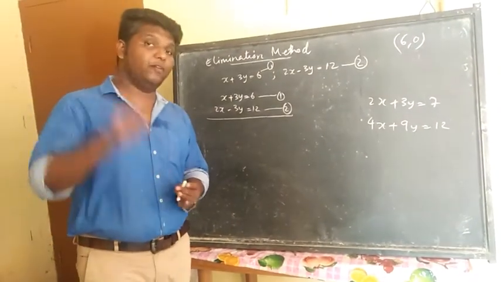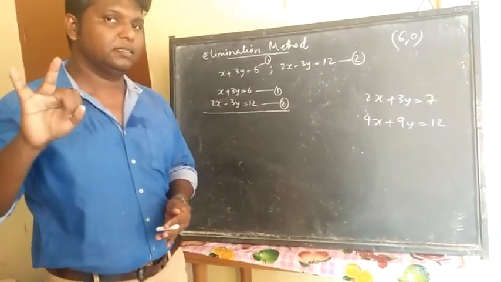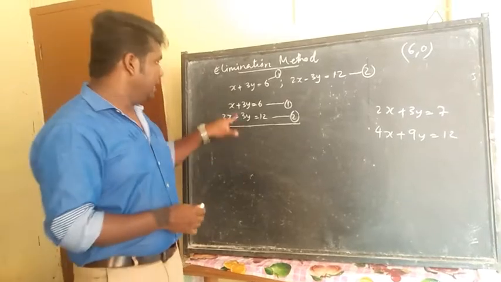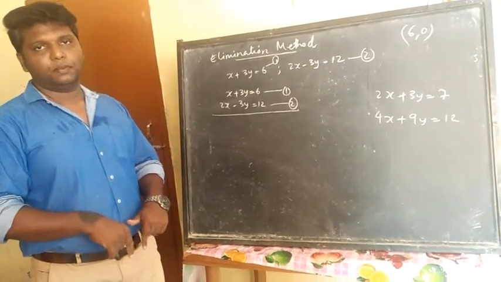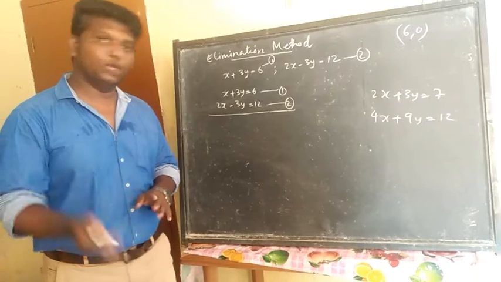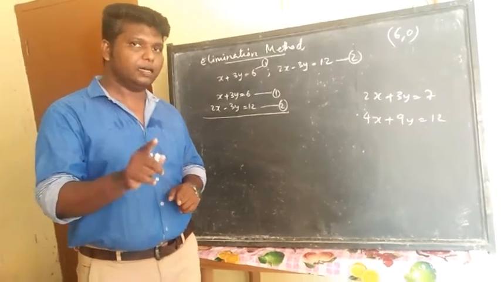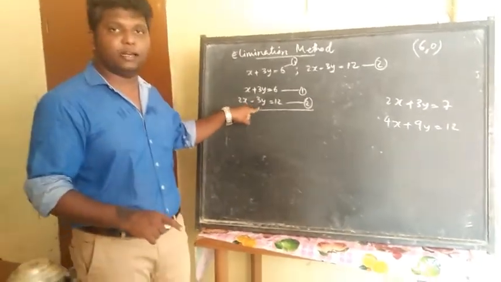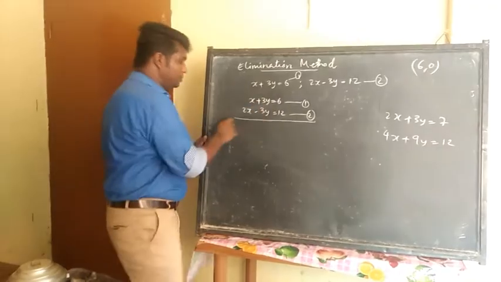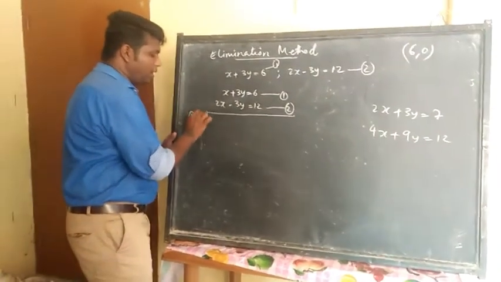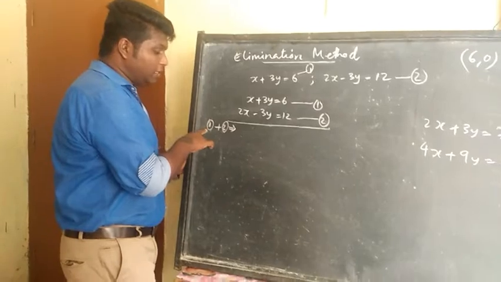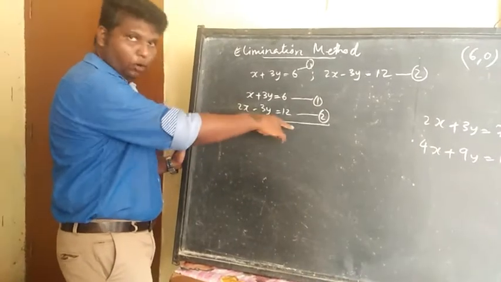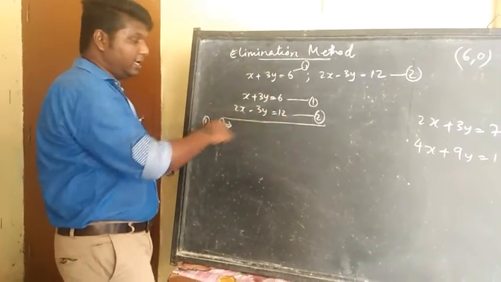So by eliminating this one, what should we do? Should we add or should we minus? Here is the trick. If the signs are opposite, you have to add them. If the signs are same, you have to subtract them. Clear? So here the signs are different. That's why we are going to add them. So we will write here equation number 1 plus equation number 2 implies, का मतलब equation number 1 plus equation number 2 ये होता है.